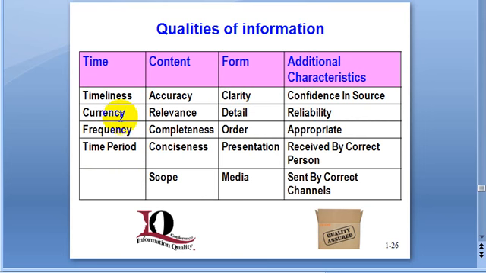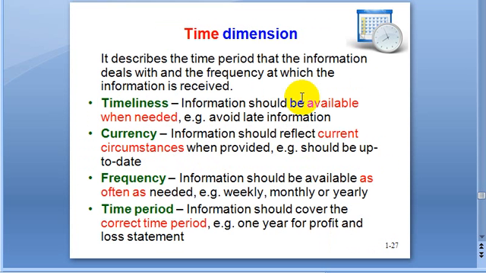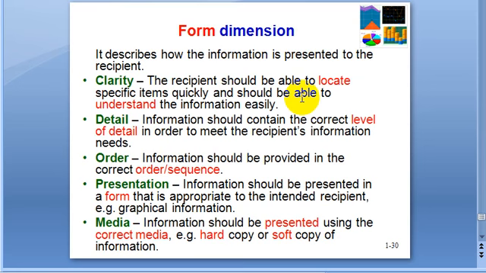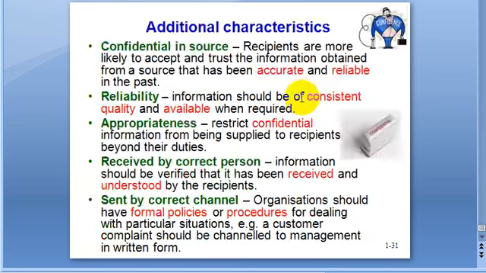Okay, these are the table. Time, timeliness, currency. Currency means is it current or in the past. Period of time, reference, completeness, conciseness, scope, that means the area. The form, is it clear or not? Are you confident in the source, is it reliable? Usually TV broadcast is more reliable. Okay, the form dimension. Okay,